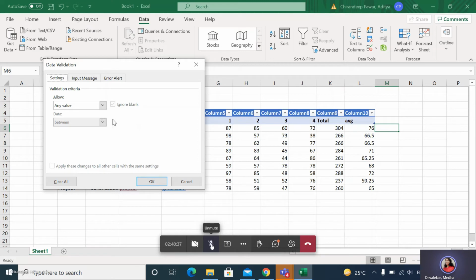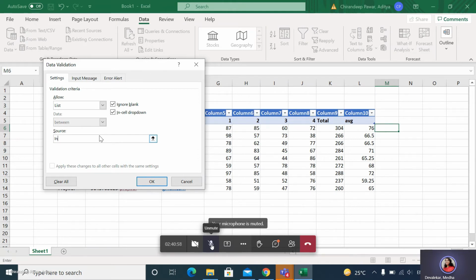Here in Settings, first choose List. Fourth option. Now type any country you want. Write country names separated by comma.